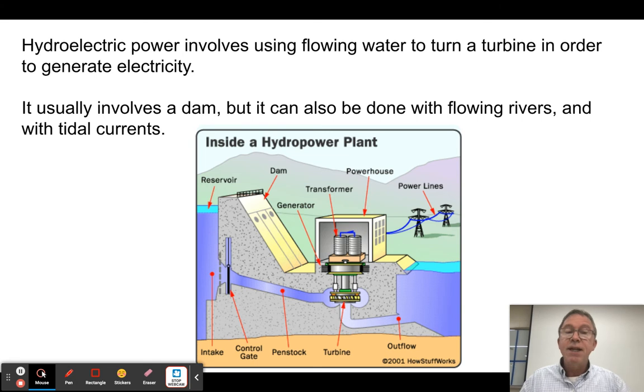It's worth noting that we could also talk of hydropower in terms of tidal power, like trapping water behind as the tide comes in. There's some talk of that, but we're really not going to get much into that in this course. Okay,